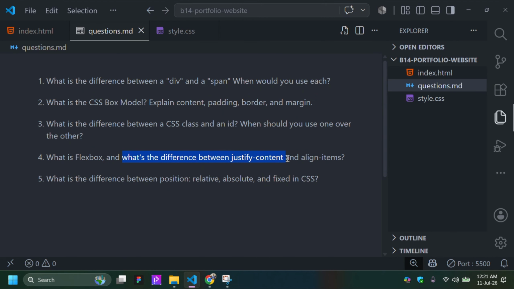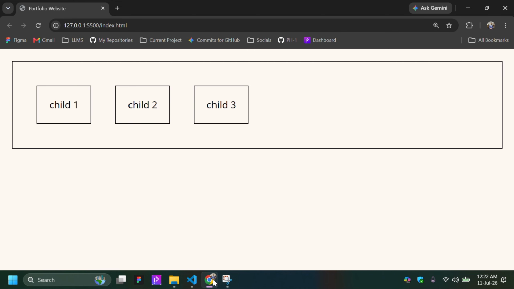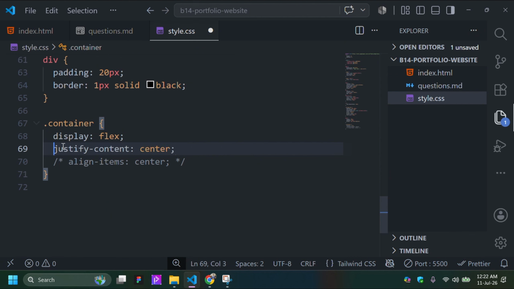What is the difference between justify content and align items? To understand this, I want to ask you this question. Do you understand the axis? I mean the main axis and cross axis? Then it's easy to understand these properties. We have this justify content property. We use this property to align items of a container in the main axis. The word is main axis. You need to remember, you need to understand that